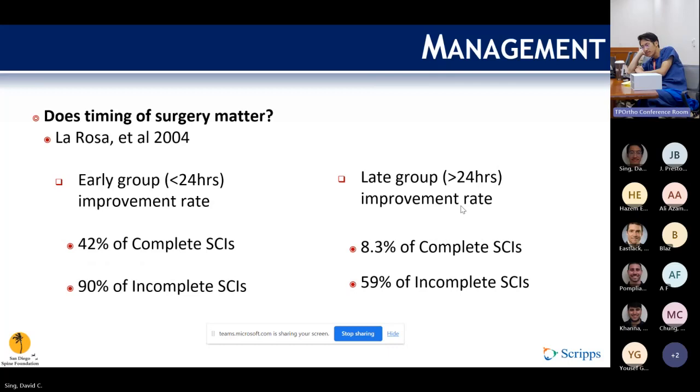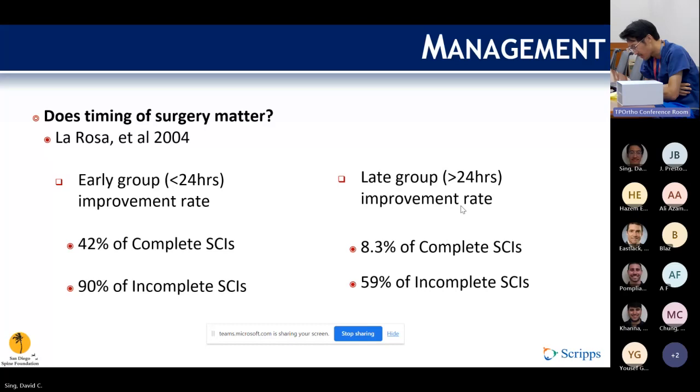I guess the motto that some people go with is spine equals time, kind of a similar play off of the stroke awareness type campaigns. Early literature set the cutoff at 24 hours, early versus late, and saw a higher rate of improvement in the early decompression groups. Certainly waiting can't be better. So that's always something to think about, but there's also balancing having the overnight team